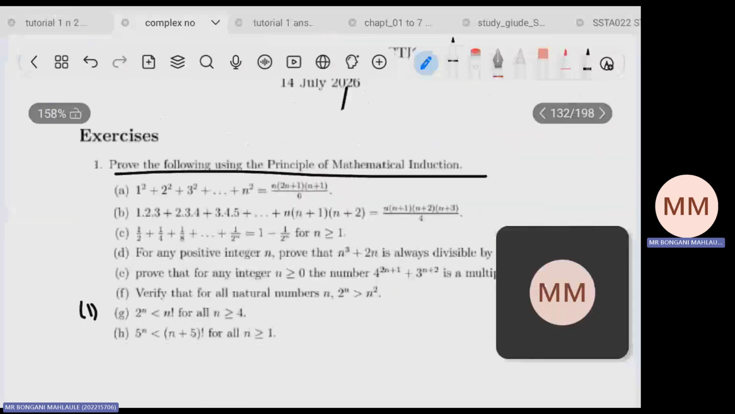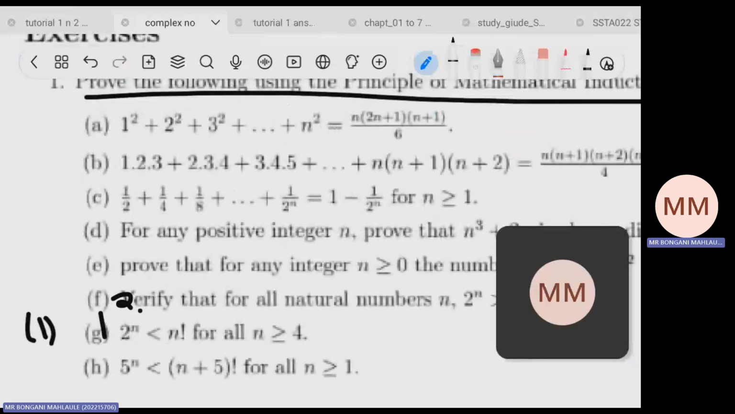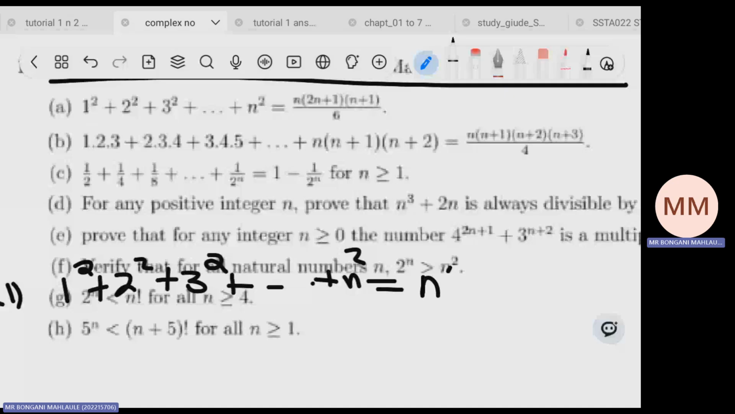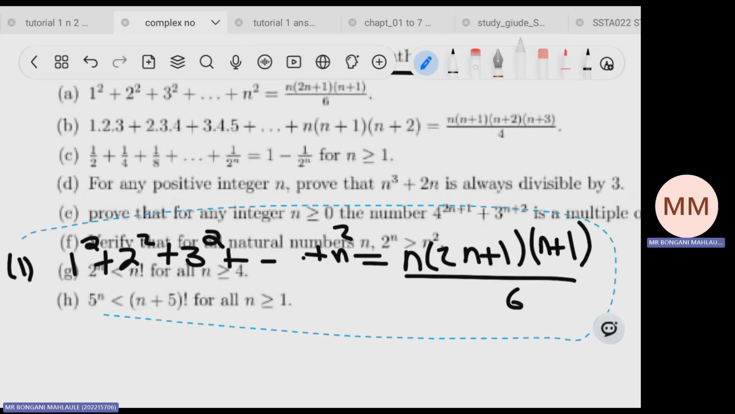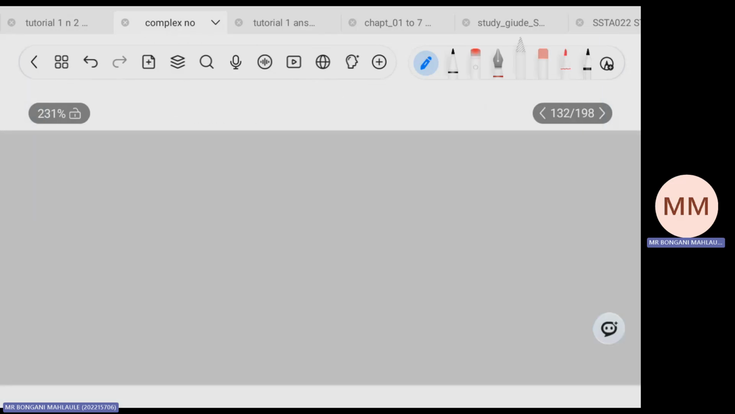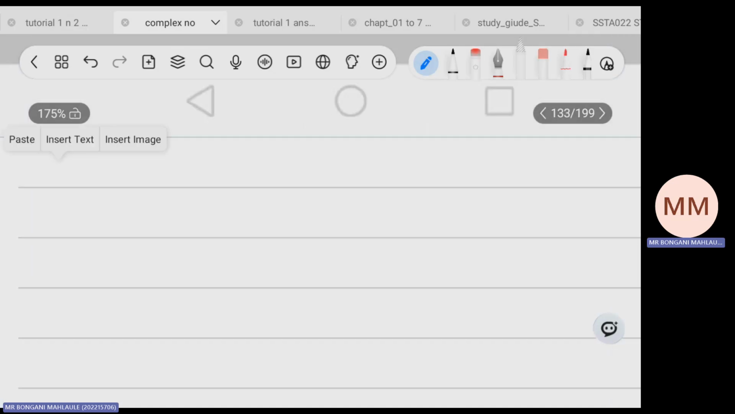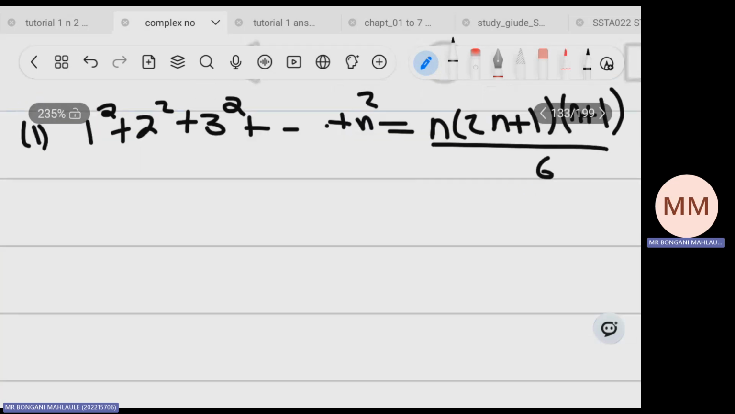So here they will say prove the following using the principle of mathematical induction. So we have the first one by this. N plus 1 all over 6. So the first thing is to say let